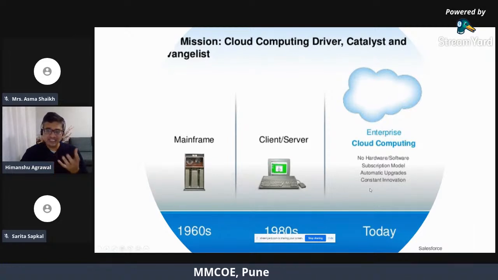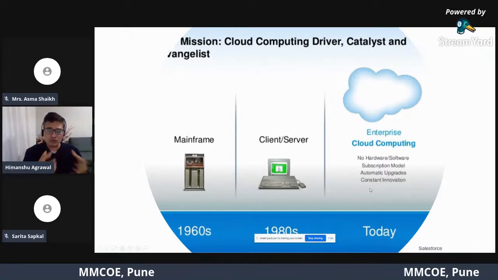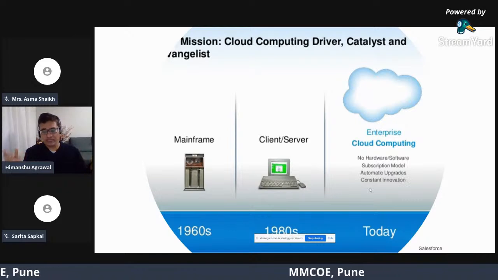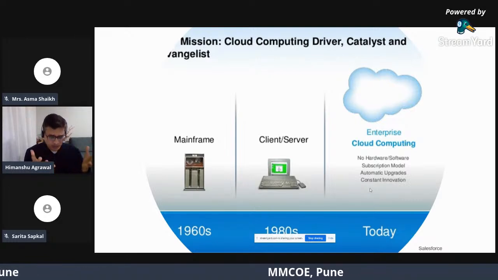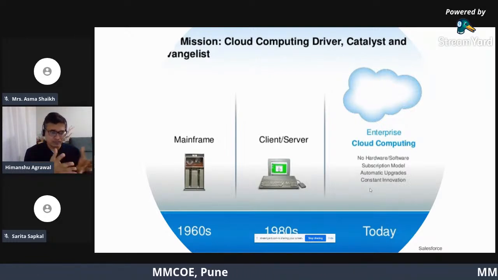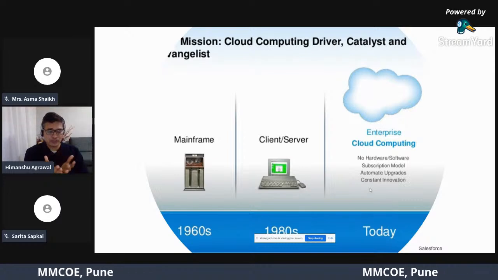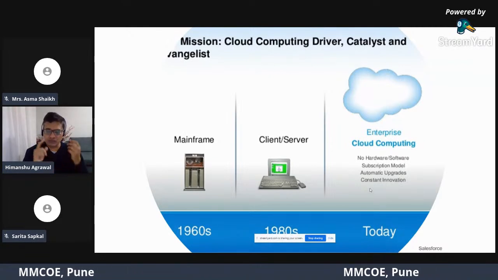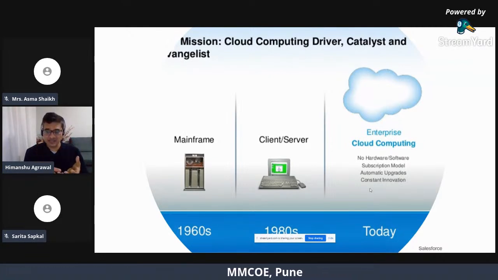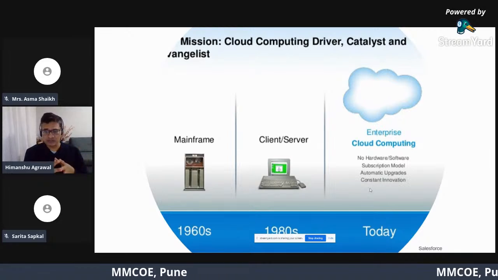But now we have far more powerful computing available in the form of cloud. So you can have much more powerful computing facilities in terms of storage and processing on cloud.